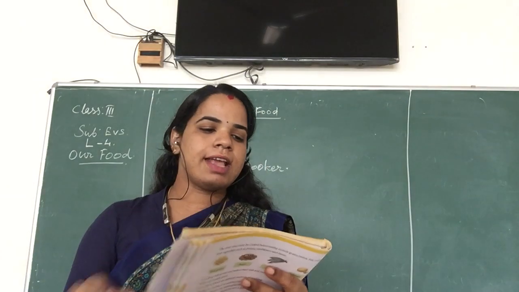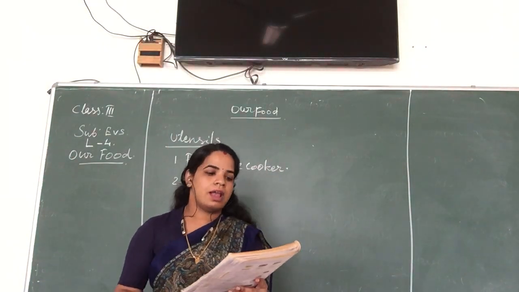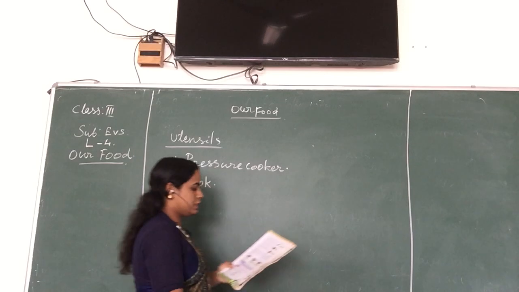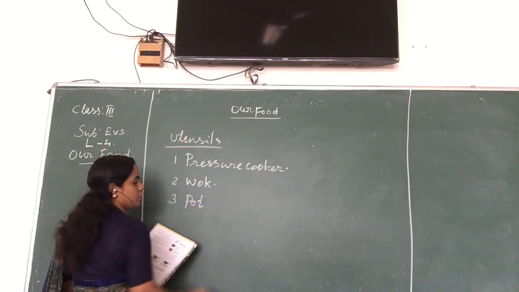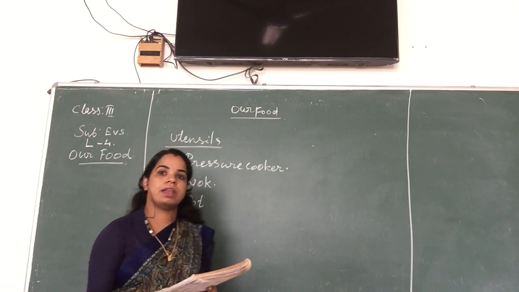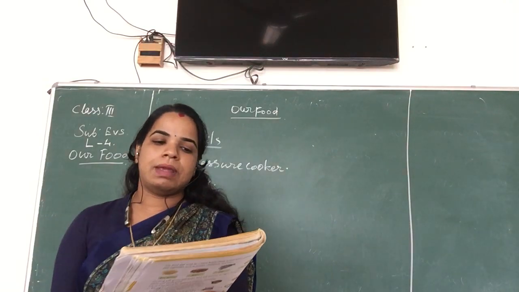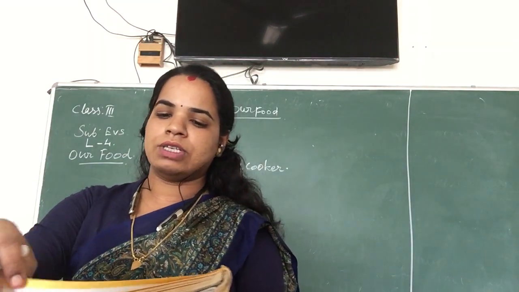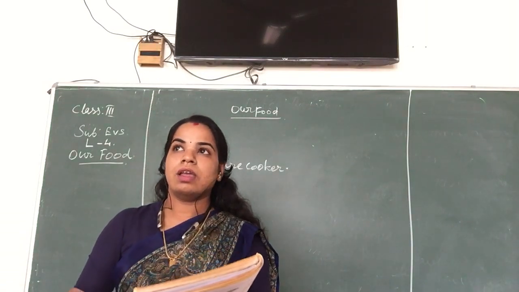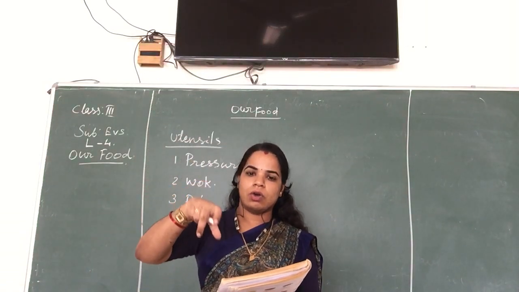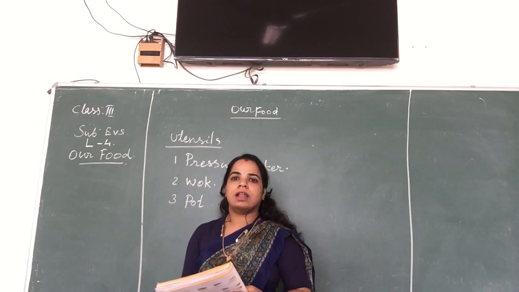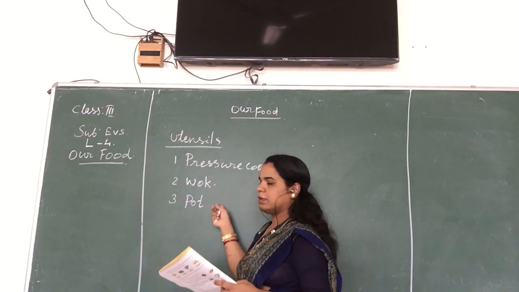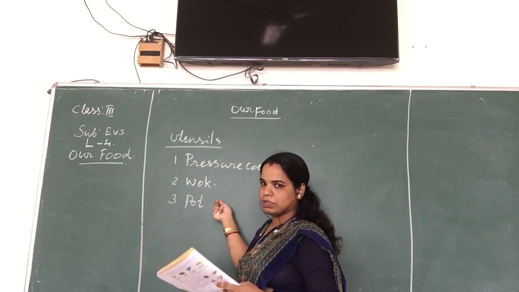Okay? And the next one we have to see is the pot. A pot is used for steaming and boiling. For which purpose are we using it? A pot is used for steaming and boiling food, milk, vegetables, meat, fish and rice. Even we use the lid also, closing the pot, and then for boiling or steaming the food we are using the pot.